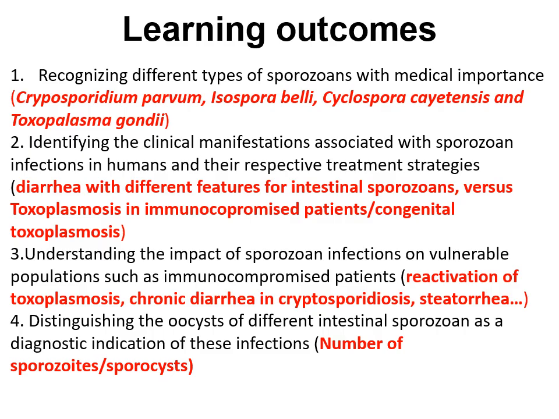We also discussed toxoplasmosis in immunocompromised patients and the symptoms of congenital toxoplasmosis if encountered through the different trimesters of pregnancy. We then talked about the impact of sporozoan infection on vulnerable populations such as immunocompromised patients, and in that sense we talked about reactivation of toxoplasmosis in HIV patients among other immunocompromised patients. We discussed the chronic diarrhea that can be happening for 50 times in immunocompromised patients.